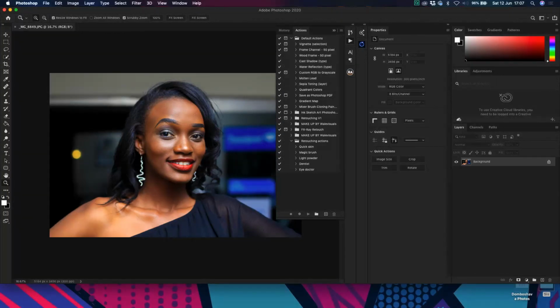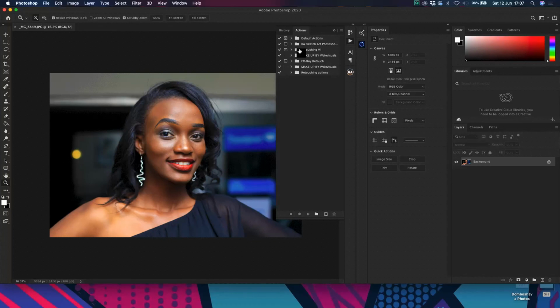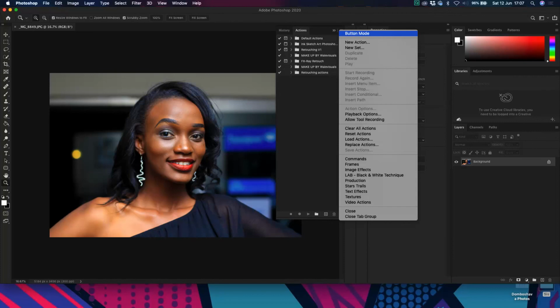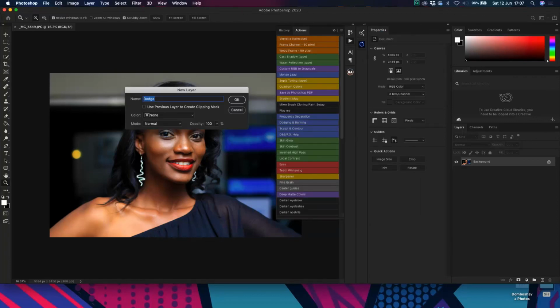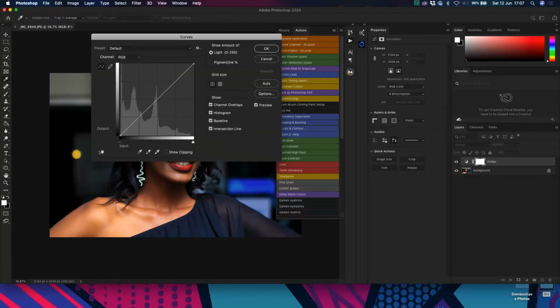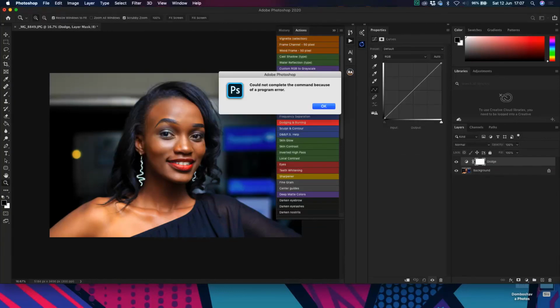There isn't dodge and burn here. Let me try to look for it from retouching. This one, magic brush, right? For some reason I'm not even finding it in my actions. So what you do is just go there and then go to button mode, and this is where you find dodge and burn. Actually find dodging and burning here. You start dodging and burning using that,